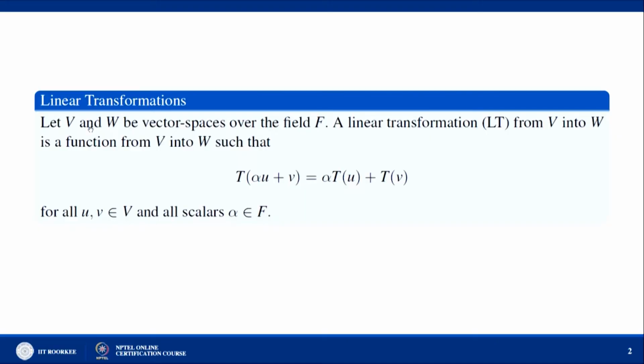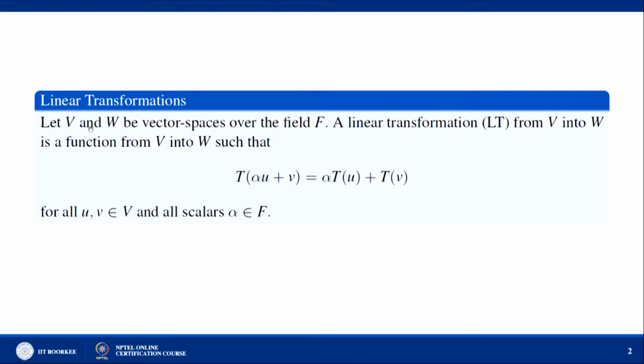So in the last few lectures we have seen what vector spaces and subspaces are and what their basic properties are. We have also studied basis and dimension of vector spaces and subspaces. Now this lecture basically deals with linear transformation, what a linear transformation is and how we can find a linear transformation from V to W. So let us see now what a linear transformation is.